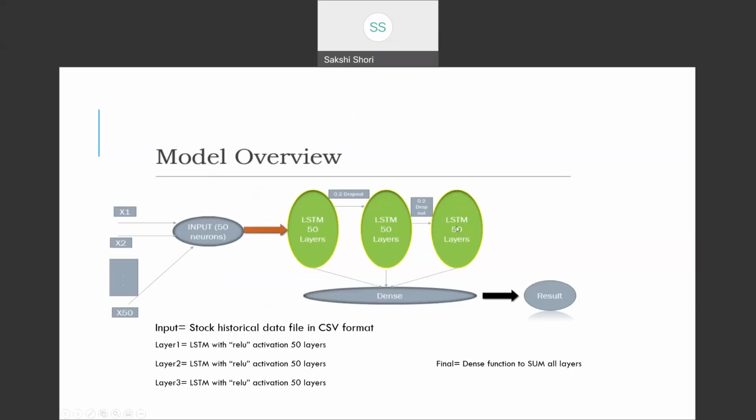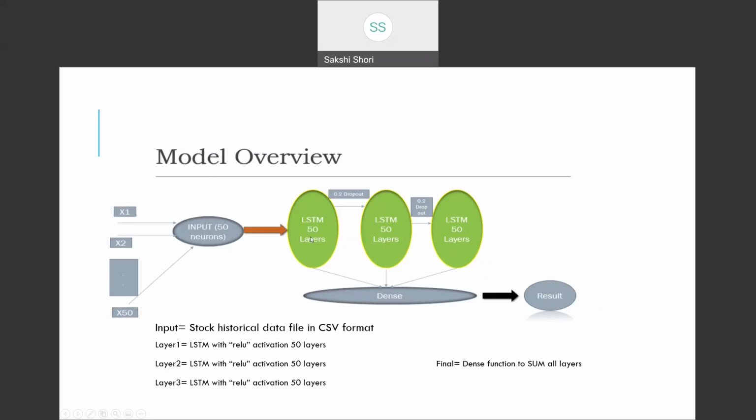Here I describe the model overview, right? As I mentioned before, the goal is to generate the prediction of the monthly beer production in Australia. And this is the LSTM model that I've built on monthly beer production. You can see that it is a sequential model with 3 LSTM layers with 50 neurons each.